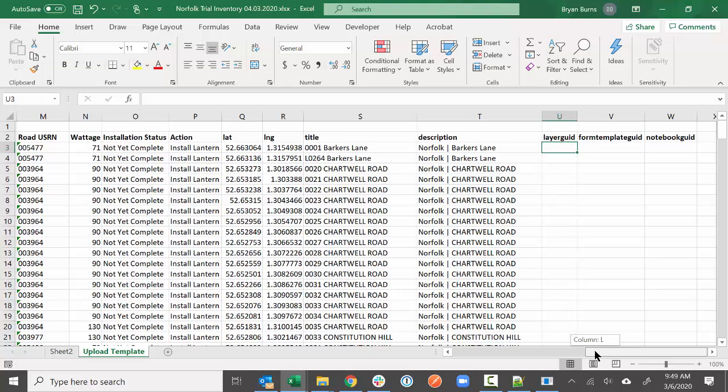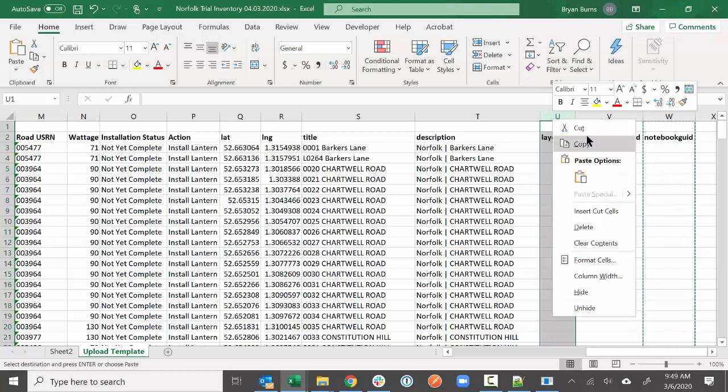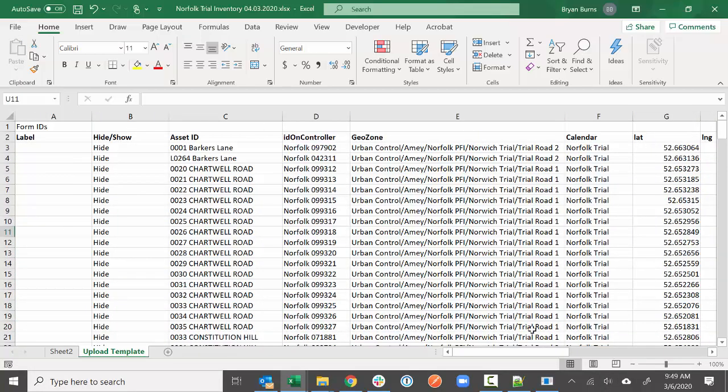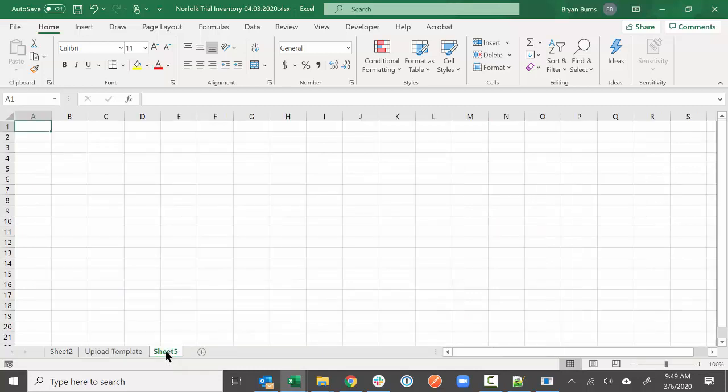Okay, so the next thing we have to do is build out the notebook GUIDs. And you see me moving things around. It doesn't matter what order any of this data is in the file. They can be in any random order, so that's okay. But for the notebooks, here's what I typically do. In this case, there's not a whole lot of attributes or features being imported, so it's not that big of a deal. But generally, if I've got more than say 100 or 200,